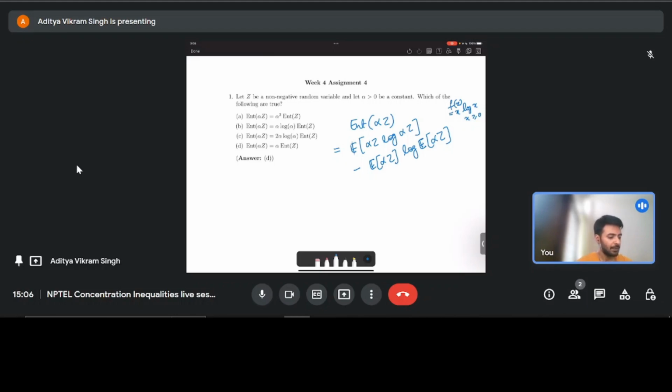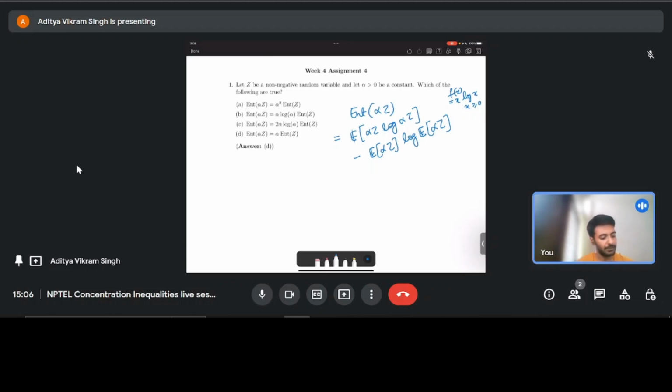So for instance, if we have the variance of alpha Z, we know that this is alpha square into variance of Z. Now we want to find out a similar property for the entropy. So we have this expression, and now we just take